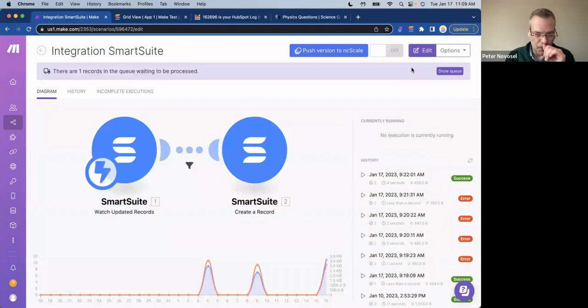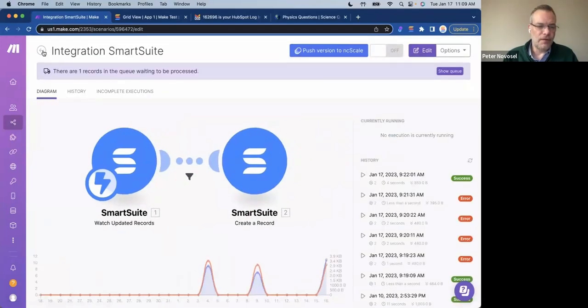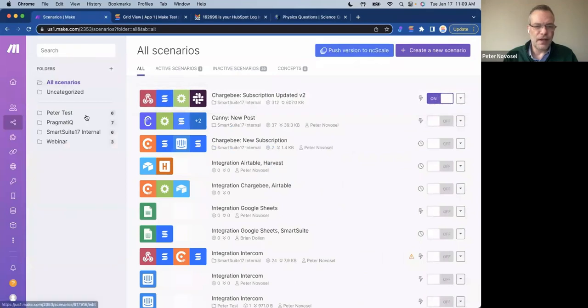So let's go in and edit one of these. This is about as basic as it gets. This is the equivalent of one of our automations where when a record is updated, create a record. So we were just doing this within SmartSuite. You probably wouldn't use Make to do this unless you need to do some processing that we don't support directly. But just to get the basics, let me back out and just do one from scratch so you can see the entire